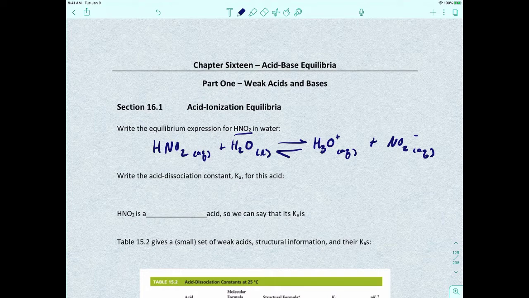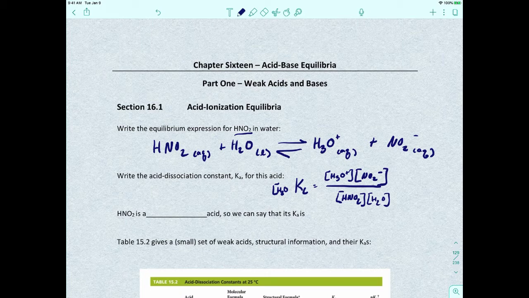If we were to write an equilibrium expression for this reaction, Kc would be the concentration of H3O+ times the concentration of NO2- divided by the concentration of HNO2 times the concentration of water. Now, I said in a previous video that the concentration of water does not change, so we can't include that. But it turns out that if we multiply both sides by the concentration of water,